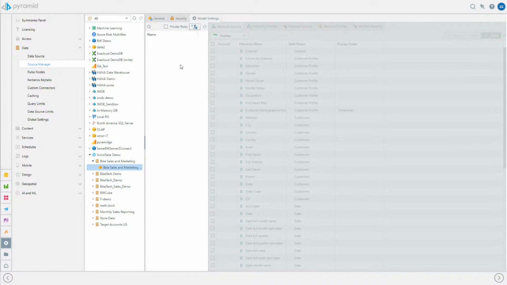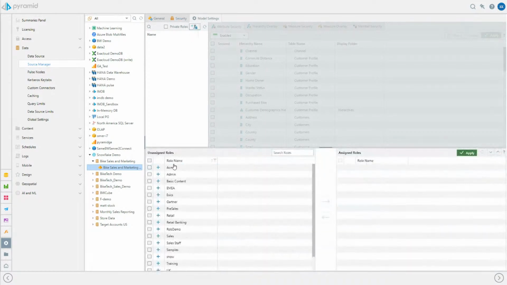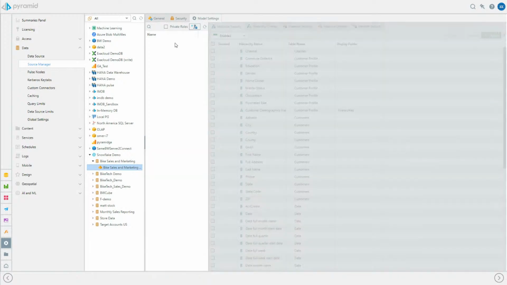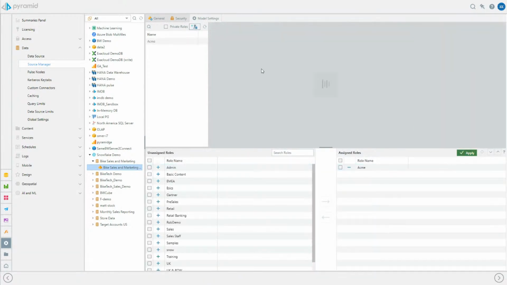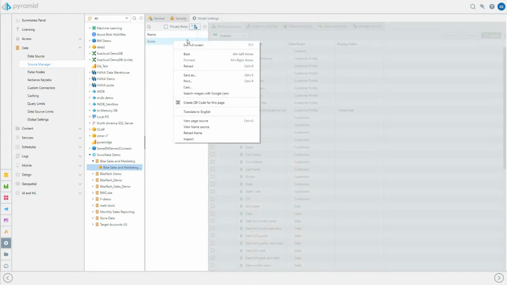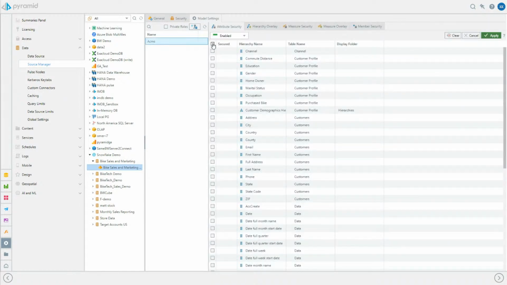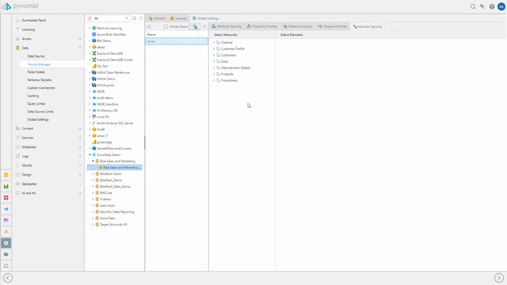And so we have the ability to say, you know what, this user, whoops, I forgot to add that user. This user or this role has access to these fields or even down to the data value level of the